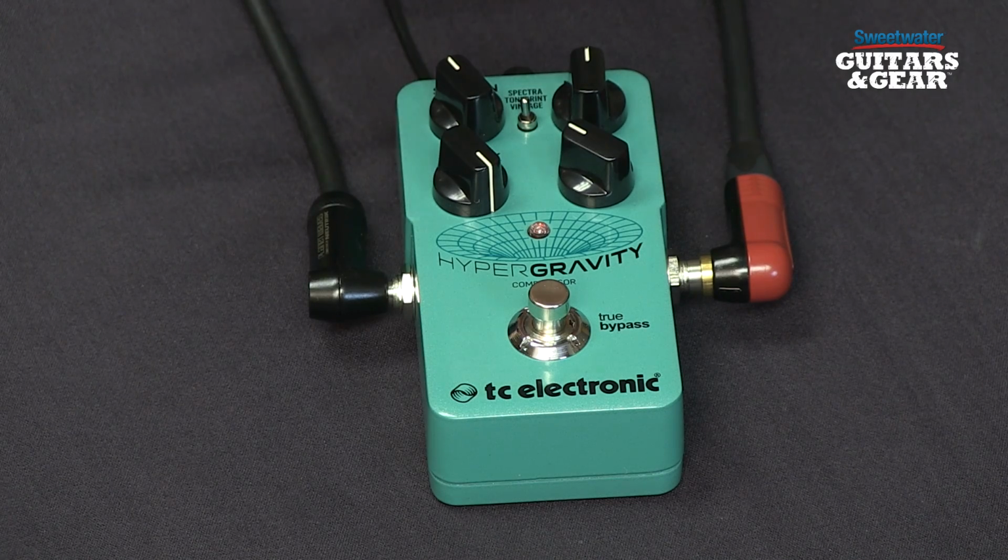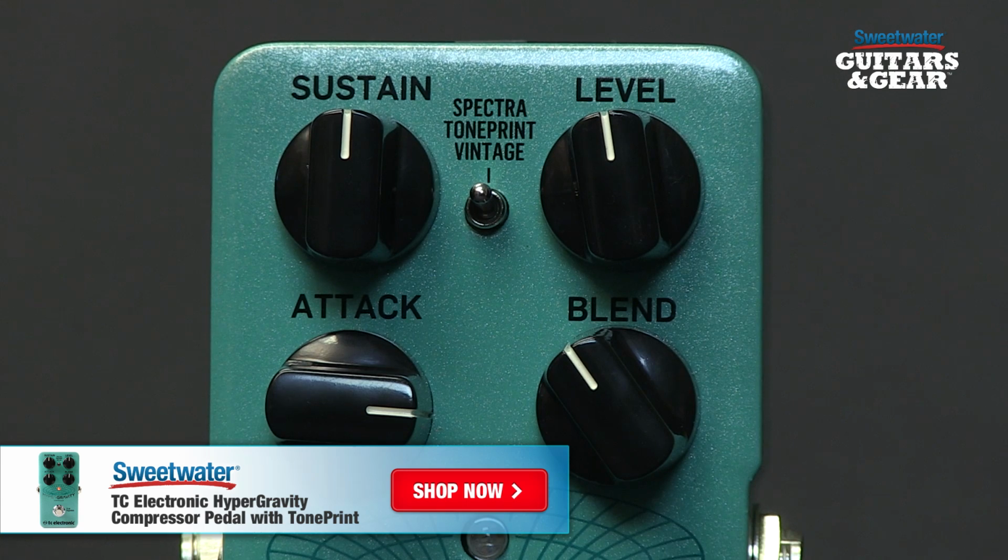Today, Don Carr and I are checking out HyperGravity, a new compressor pedal from TC Electronic. This pedal is very interesting because it actually has three different voicing modes. There's a vintage mode, a Spectra mode, and then TC's proprietary TonePrint mode, which allows you to load in customized